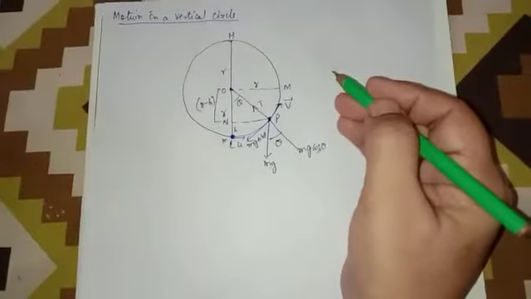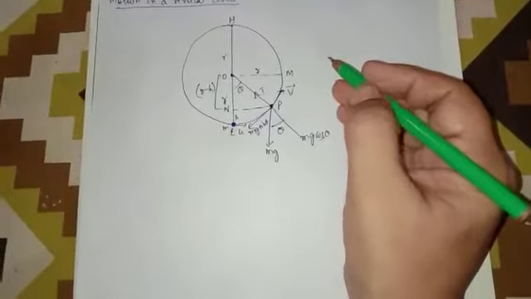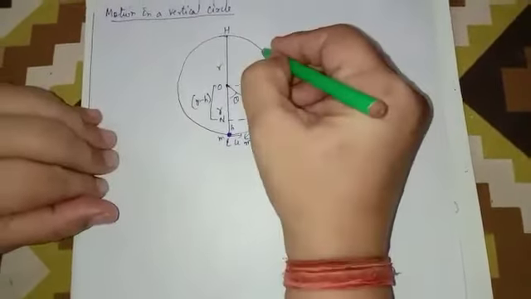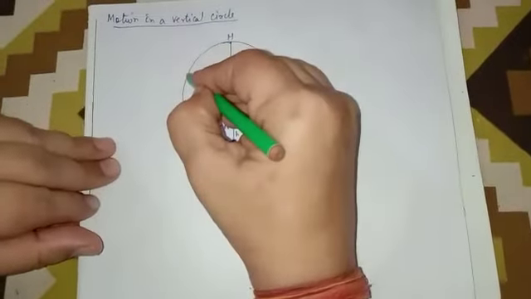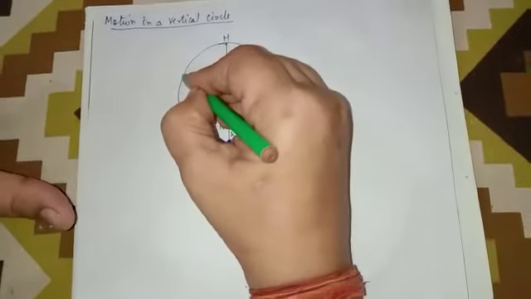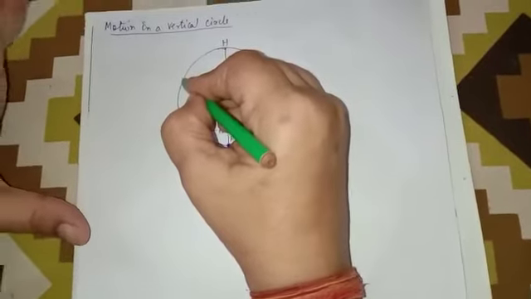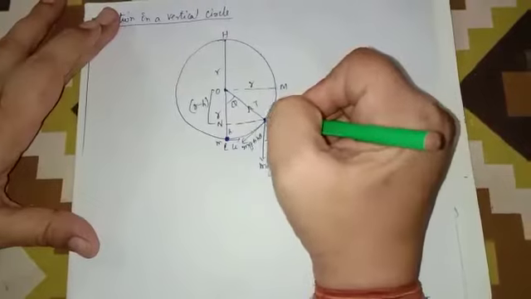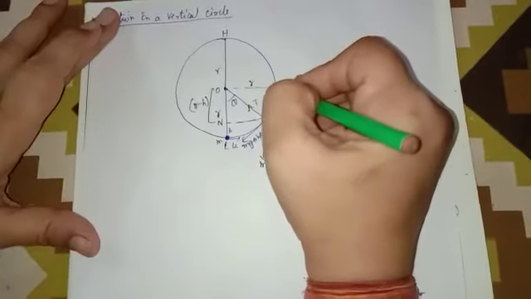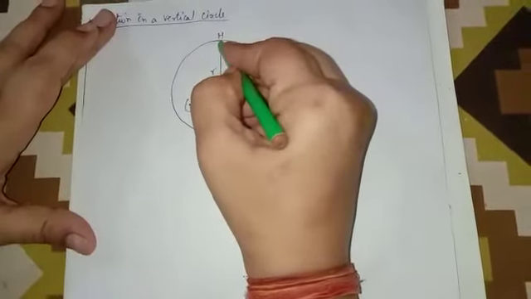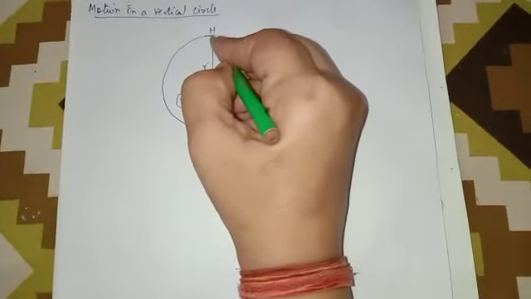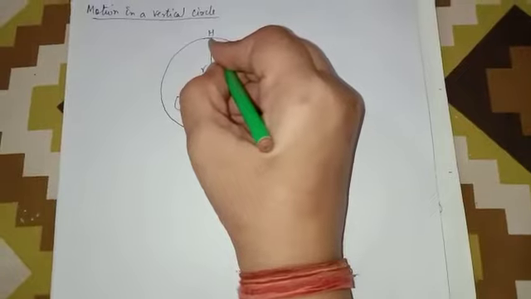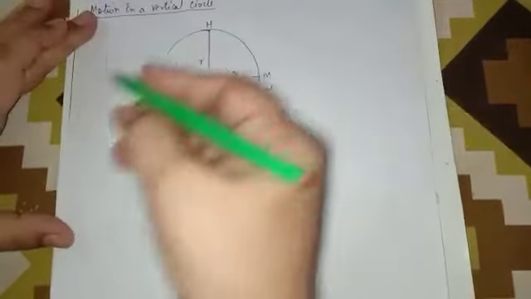We have to calculate two important things, two general equations. What is the velocity of the body at this point? Why do we want to calculate the general equation? And another thing is how much tension is required at this point, the lowest point? We are going to calculate the different values of the tension, and the different values of velocity at the various points.